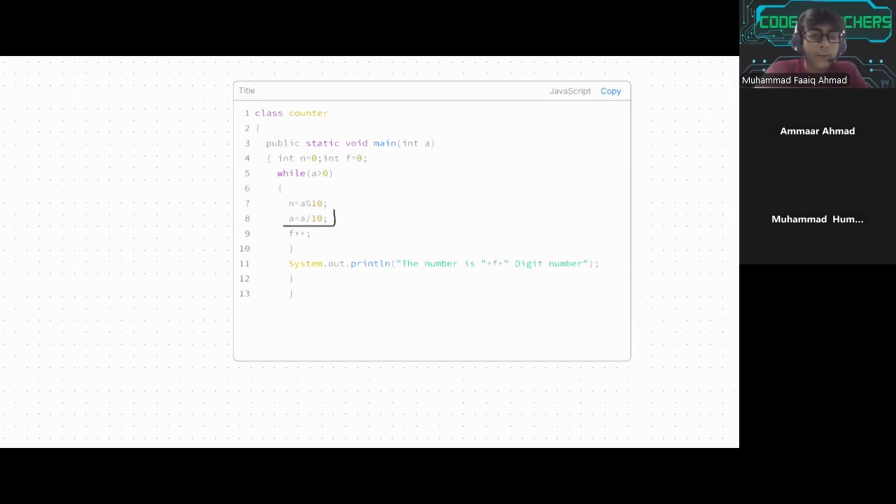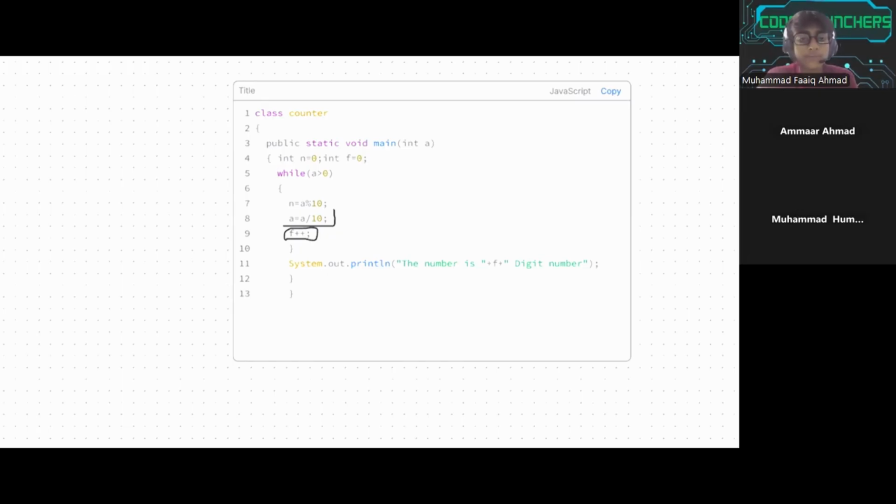Now the only thing I have done is, you remember in the for loop we used to do x plus plus to increase the value of x. Similarly, I have taken a variable f, I've given it an initial value of 0. So now at the end of the loop I've written f plus plus. That is, as much times as the loop will execute, the same number of times the value of f will increase. So the value of f will increase from 0 to 1, then 2, then 3,